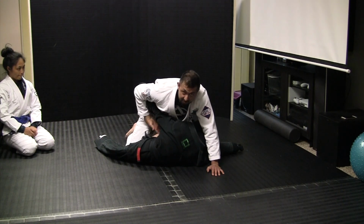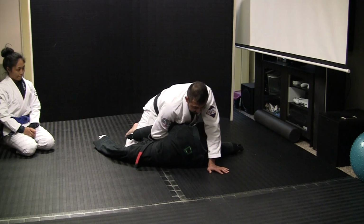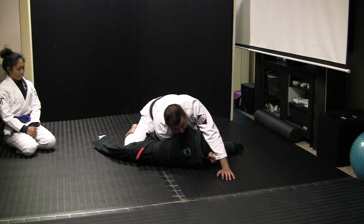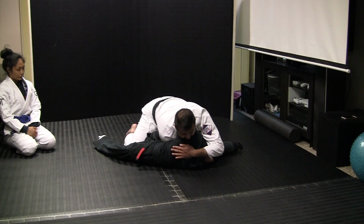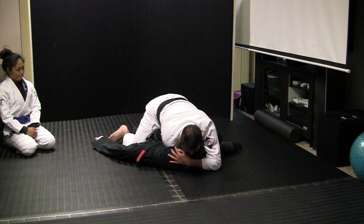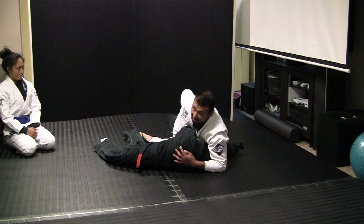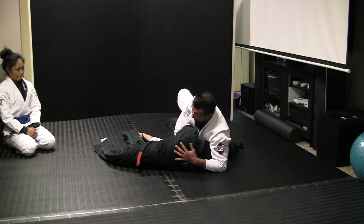Pretending this was actually deep half guard. Remember, hand behind the head, going deep. I grab my sleeve, okay? Once I grab my sleeve, I dip my body down to shoot and make my right arm longer, and then I come up here onto the back. Now, because usually their arm is still a deep underhook and it's not a good finish position for me, I'll turn my hips down and I'll push with my bottom leg to pull out my top leg. Now that I was able to push this out of half guard with my choke, I come on top